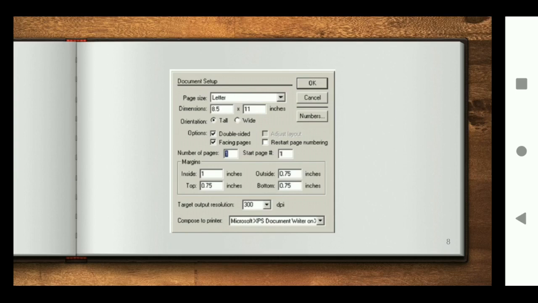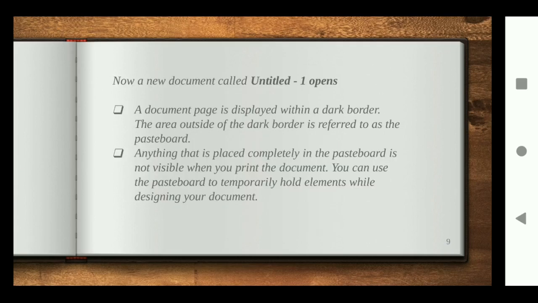If you don't know the dimensions of the page, you can measure it with your scale and put in the dimensions, which are specified here as 8.5 and 11 inches. Consider I have a page which has 10 inches width and 12 inches height, you can add it to the dimensions directly, without choosing the page size on top. So click on the page size which you want, and click OK to proceed. When you click OK, the screen will open as Untitled. I will show on the next screen.